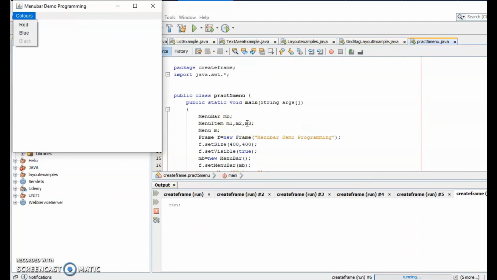First thing is, you have to create the frame. Inside the frame, you have to create the object of the menu bar, object of the menu, and menu items object. So you create the menu bar object first, add it to the frame, and then add menu to the menu bar and menu items to the menus. It is clear, I think.